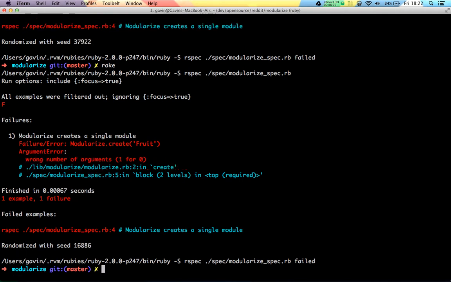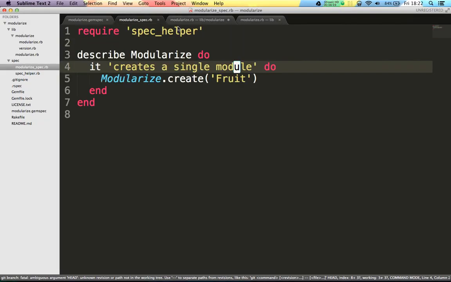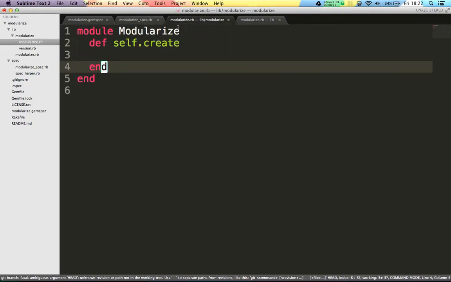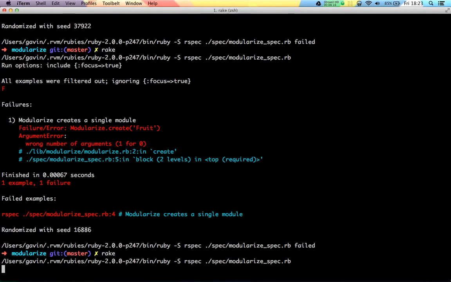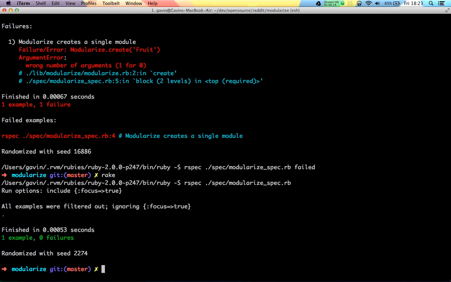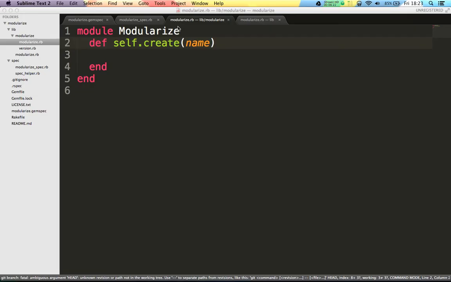So this hopefully will pass. No, it doesn't. Okay, so wrong number of arguments. We're passing in fruit here, and the method itself doesn't actually take anything. So let's call this name, and this should now pass. So we're just calling the method. The method is doing nothing. We're not really testing anything other than that the signature of the create method exists. So let's